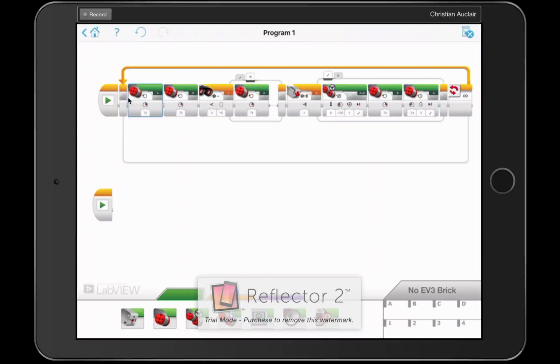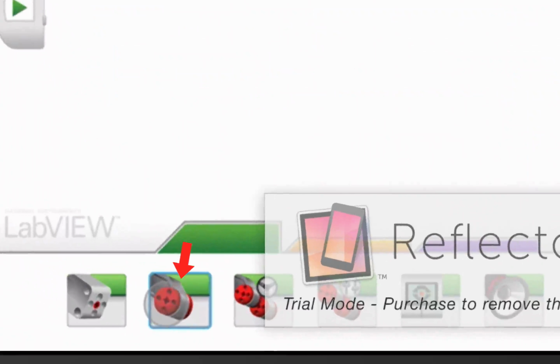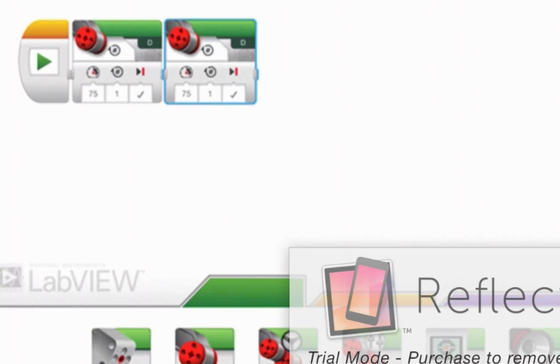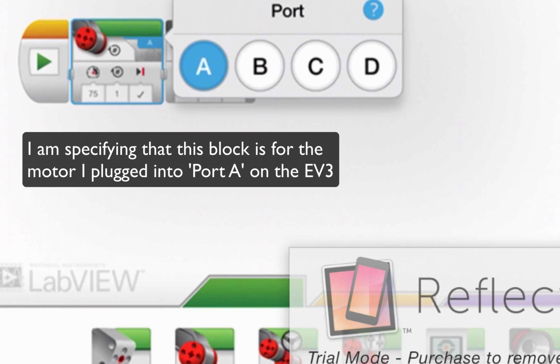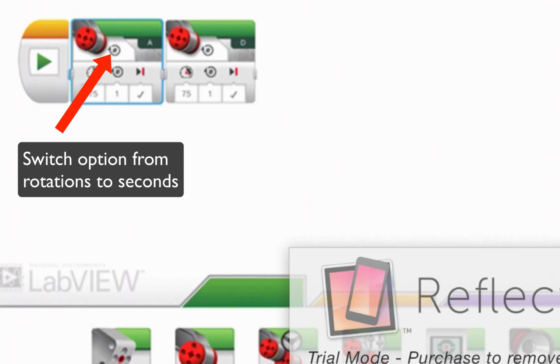So how can we build all of these programming constructs? Let's start off with down here under the green array. I'm going to get two motors and drop them in, and they click and connect with each other automatically. I'm going to set the first motor to A by clicking on the letter in the top right corner of the motor, and then I'm going to set